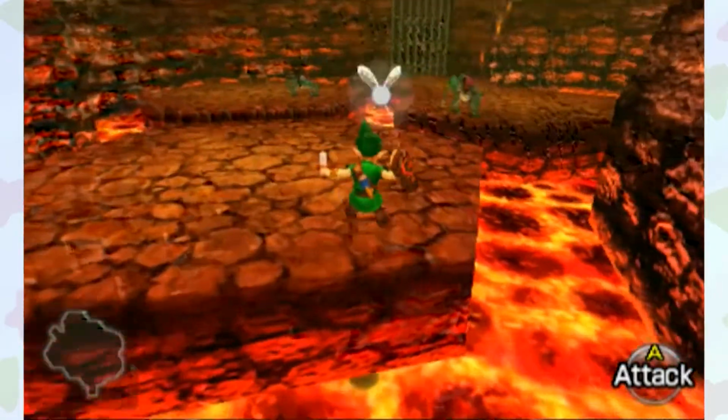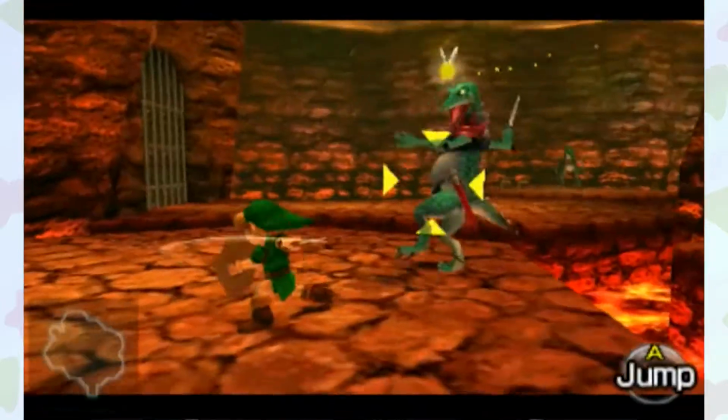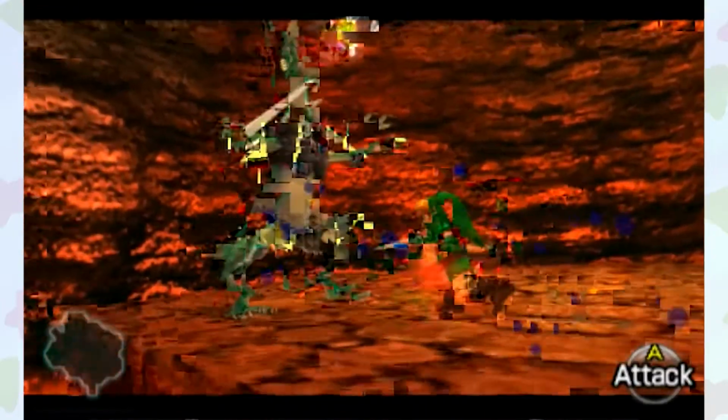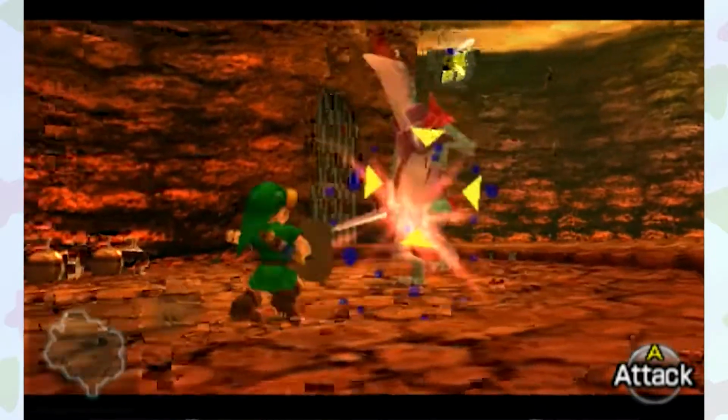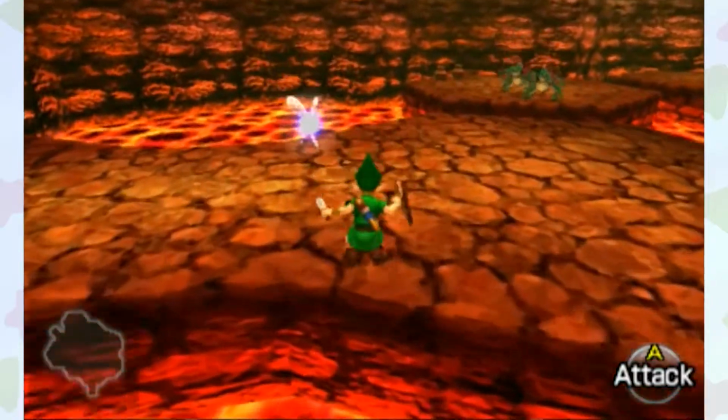One thing they could do, if you wanted to take a page out of Twilight Princess's book, is what if it was essentially opening the door to the Twilight realm, or a Twilight-esque realm, and now there are whole...